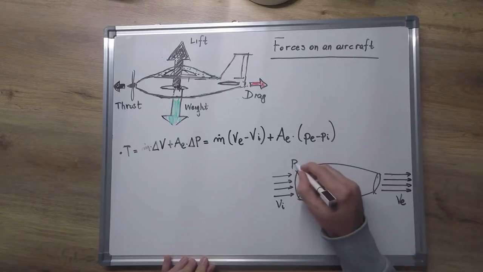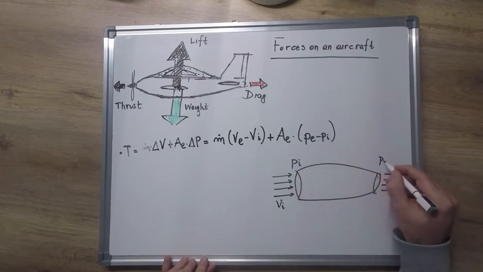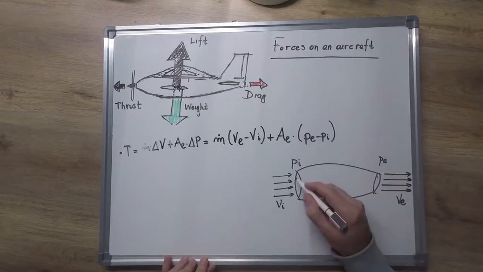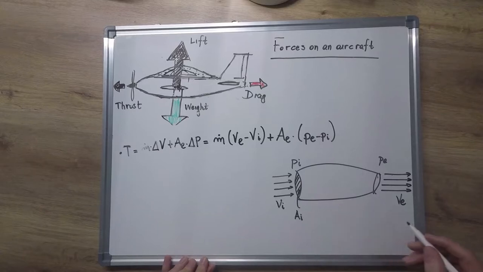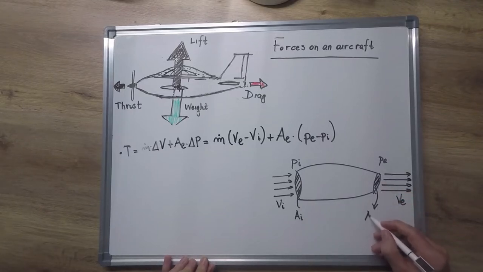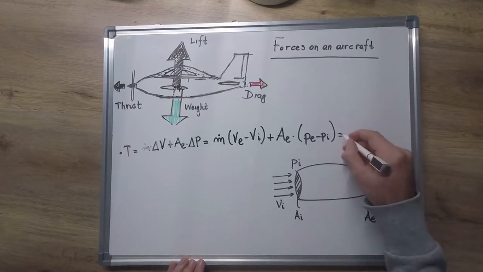The pressure at the inlet is pi and at the exit is pe, and the area of the surface here we'll call AI, and the area of the surface here AE. So now it's more obvious